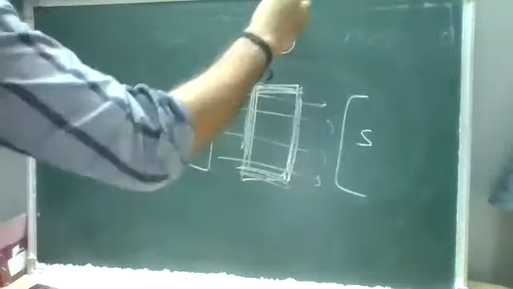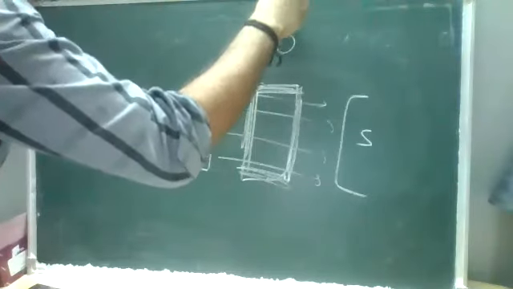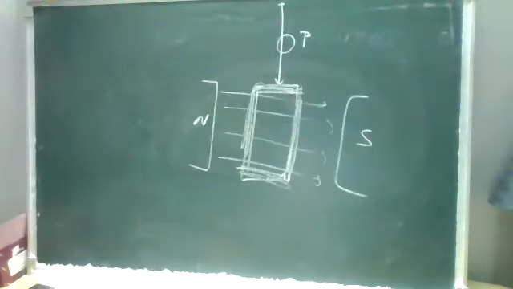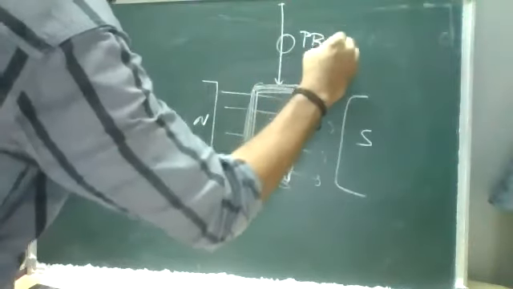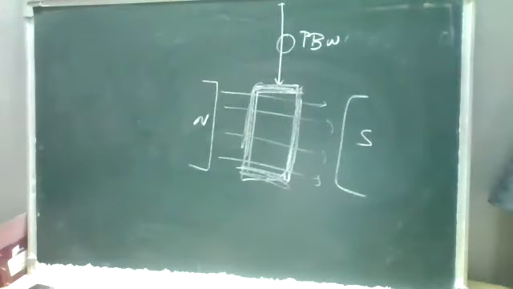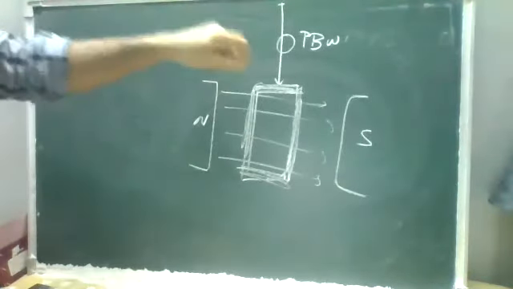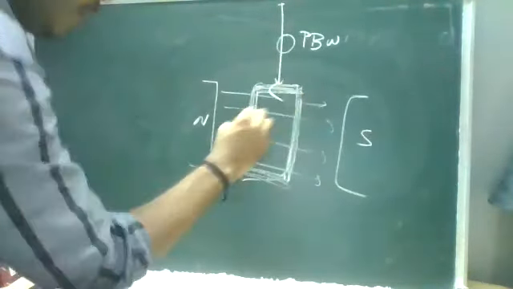Okay, so here at the top there will be some phosphor bronze wire. We call it PBW, phosphor bronze wire, because it is much more sensitive than copper. Even when a small amount of current passes, remember, even a small amount of current, there will be some current in the coil.